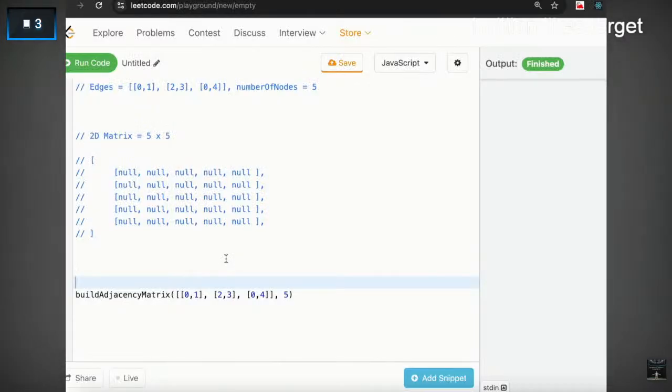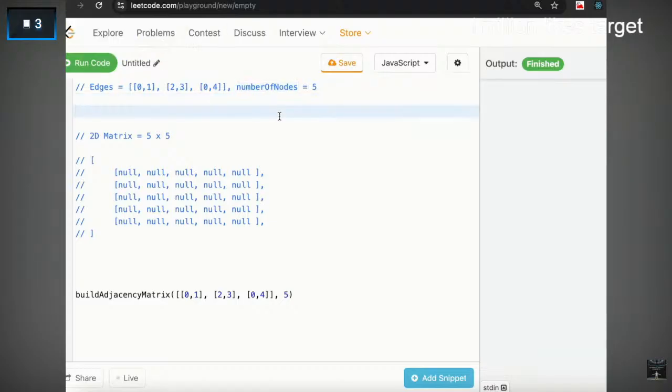अब ध्यान से देखो। यहाँ पे मैं आपको एक एग्जाम्पल दिखाने वाला हूँ कि एक इनपुट में आपको एजेस दिए हुए हैं। एजेस एक एरे है जिसमें हर एक एलिमेंट एक एरे है विथ द 2 आइटम्स। पहला है मेरा पहला नोड और दूसरा नोड, एंड दिस डिनोट्स कि इन दोनों के बीच में एज है, फिर इन दोनों के बीच में एज है, एंड इन दोनों के बीच में एज है, ओके। एंड आई गेट द टोटल नंबर ऑफ नोड्स।